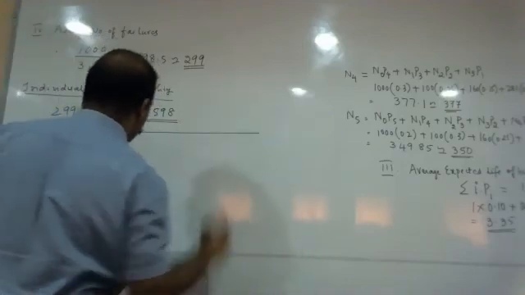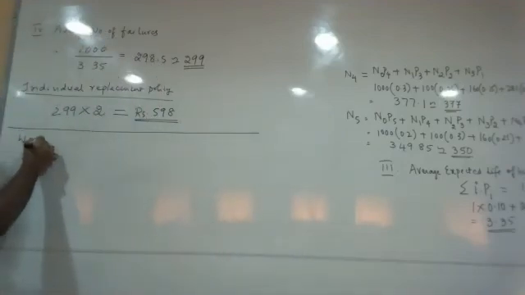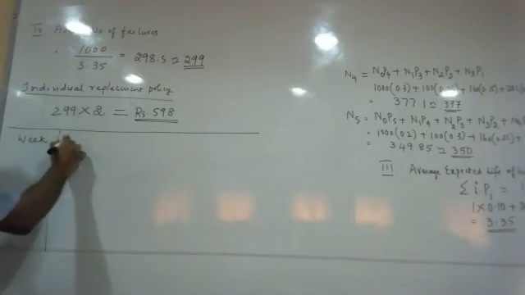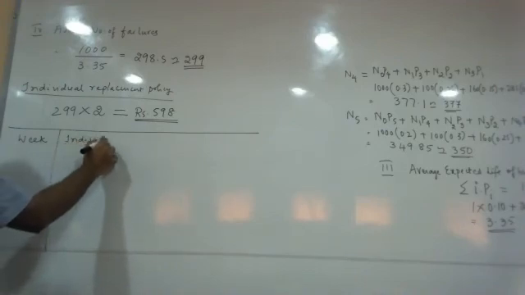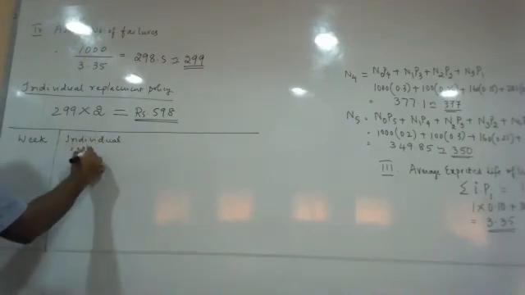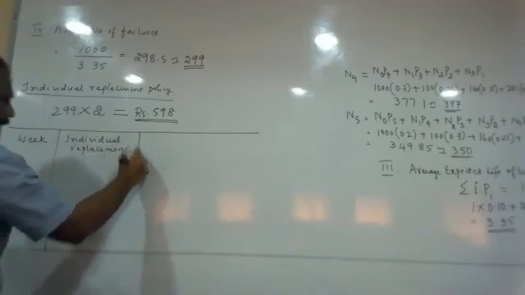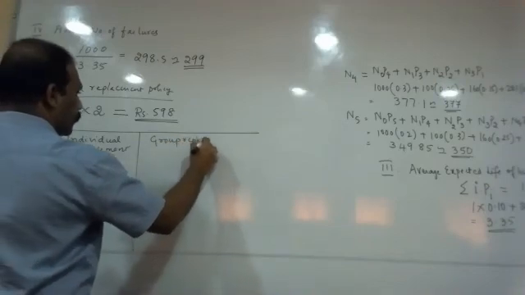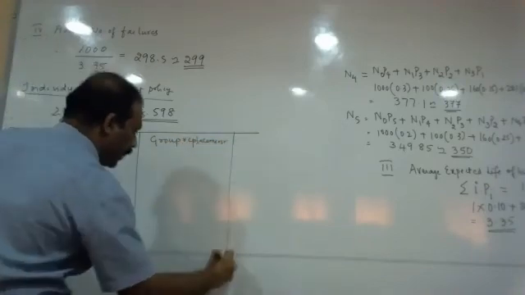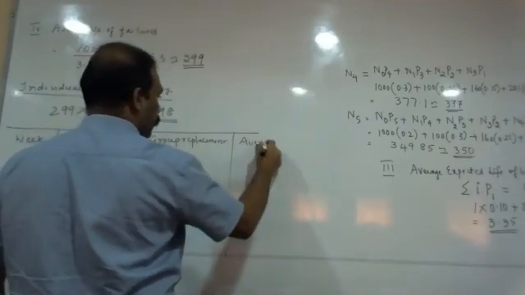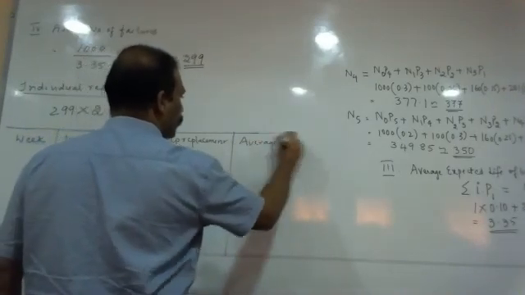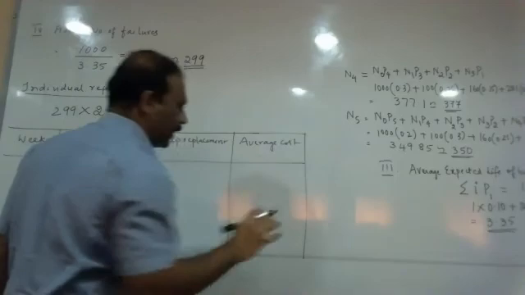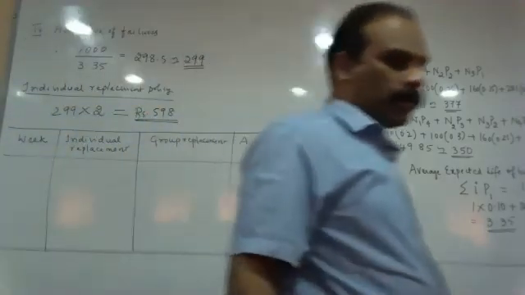For this we have to take a table. So what values will the table have? First we have to take the week number. Totally we have 5 weeks here. That comes first. After that, individual replacement. That is the second. And then we have group replacement. And finally we have the average cost. This table will give me the final conclusion. I want everyone to please understand this very clearly. Any doubts, please stop me there and I'll try to explain what exactly it is.